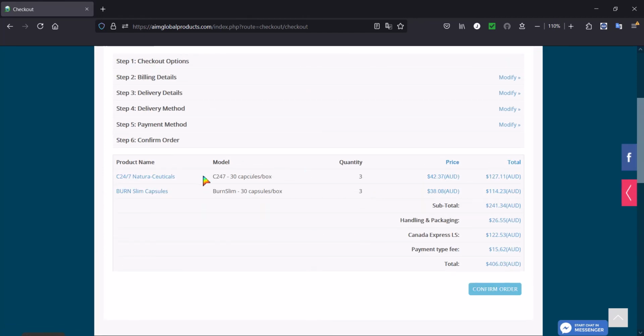and there you have all the summary of your order, and you just have to confirm your order, and that's about it. And you just have to pay